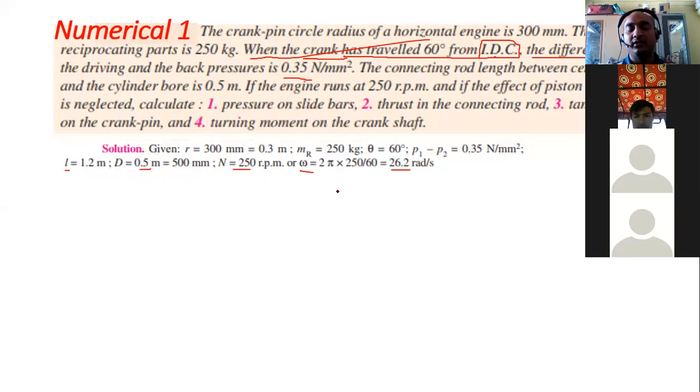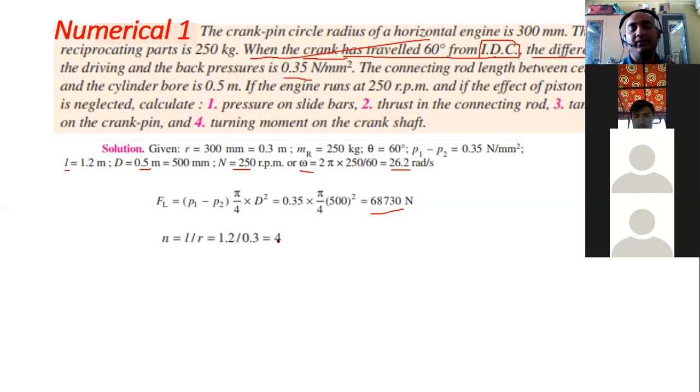Okay. Then how to find out FL? In the FL equation, we have only the pressure difference. But in FI, FI is equal to MRAR, and AR depends upon small n. Small n is nothing but your obliquity ratio, or length of connecting rod to radius. So first you must find out this FL and then n. Okay, so two things you must find out first. FL is simply pressure difference into area. So remember this, we'll get the value. Then n equal to L by R. That ratio must be found.